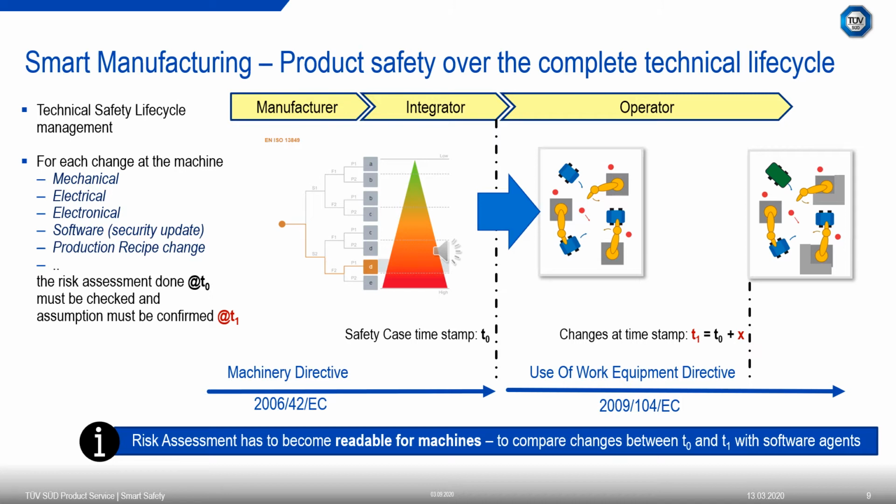We make the correct hazard and risk assessment, we develop the machine, we integrate the machine, and we confirm it typically with an attestation of conformity at the end of the machinery directive, at the point timestamp T0, that we fulfill all rules of the machinery directives. We are CE compliant. And then we start the use of work equipment,